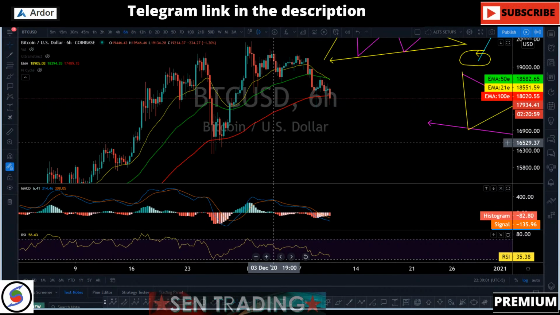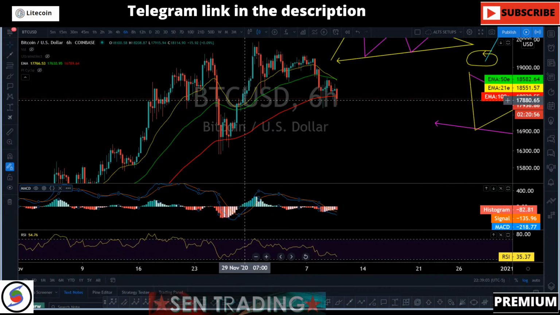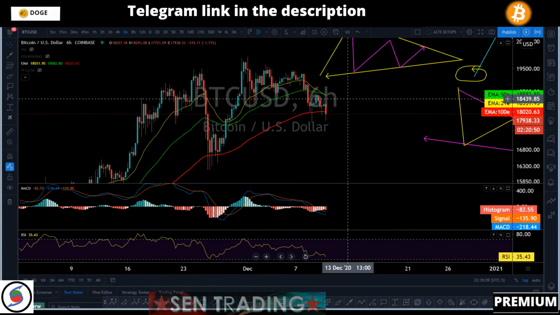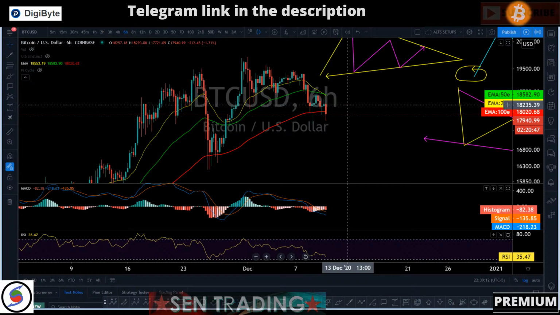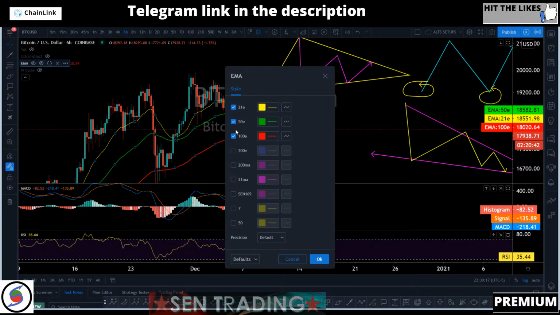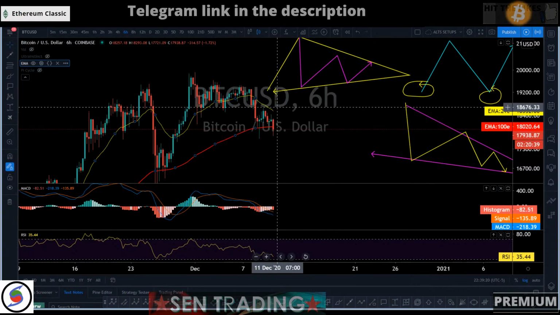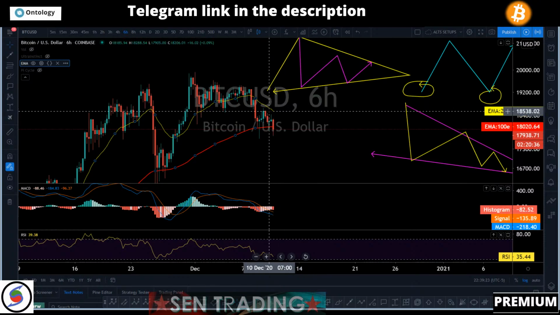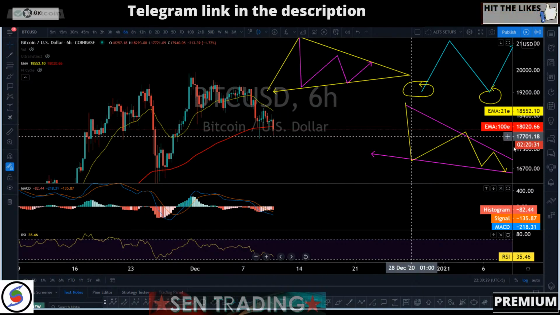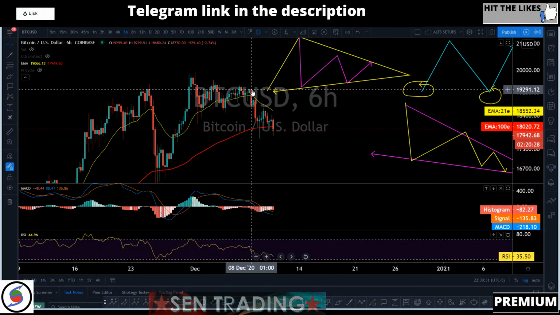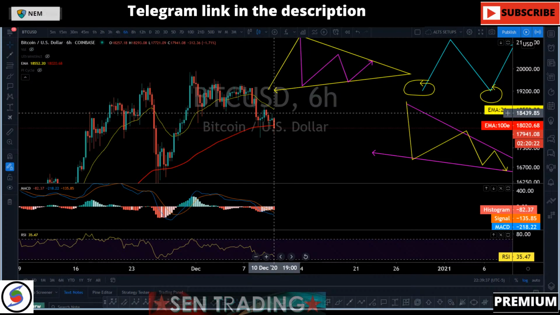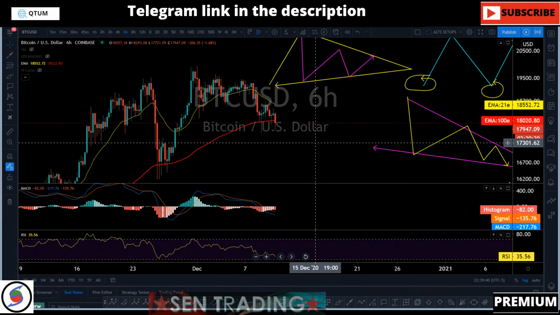You can see, as soon as we got the bullish crossover right there, it just pumped right back up. So the key area to break right now, if we get any reversal pattern, is the 21 EMA, the yellow line. Break above it, with a bullish crossover on MACD and price action above the 21 EMA on the 6 hour, that's possibly a bullish sign all the way up to probably 19. But I don't see us going to 19 right away. If we get that setup, we could take a look at it.